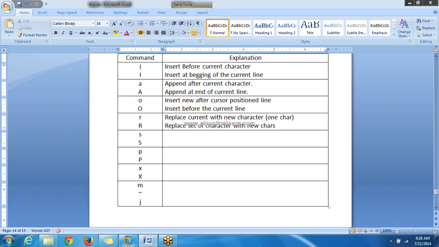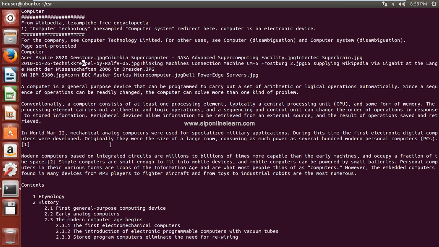See the requirement. Assume that it is not 8920, it is 9920. Now you need to replace only 8, not the entire text or set of text.